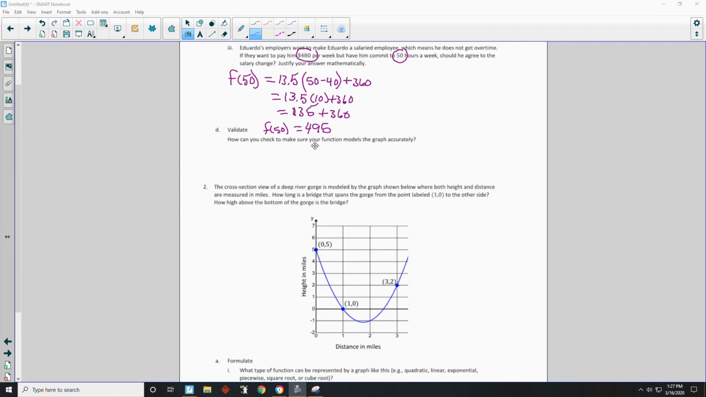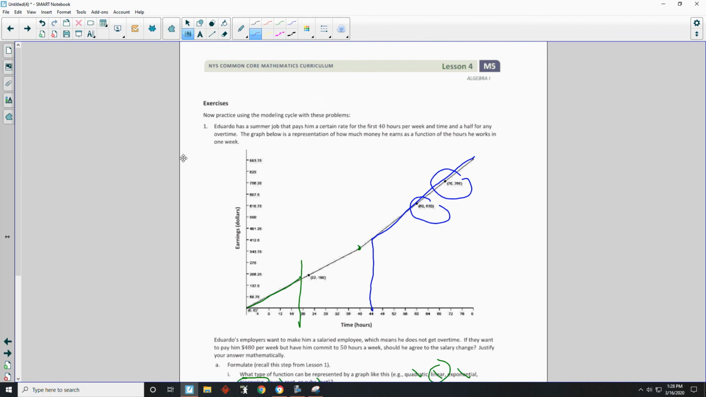Okay, now it says, how can you check to make sure your function models the graph accurately? And the answer to that is right here. For the values in our graph, we can substitute the x values into the function to see if the same given y value is a result. So in other words, I could go up to 50 and see if 495 is correct. I could go back to my graph and draw a segment,